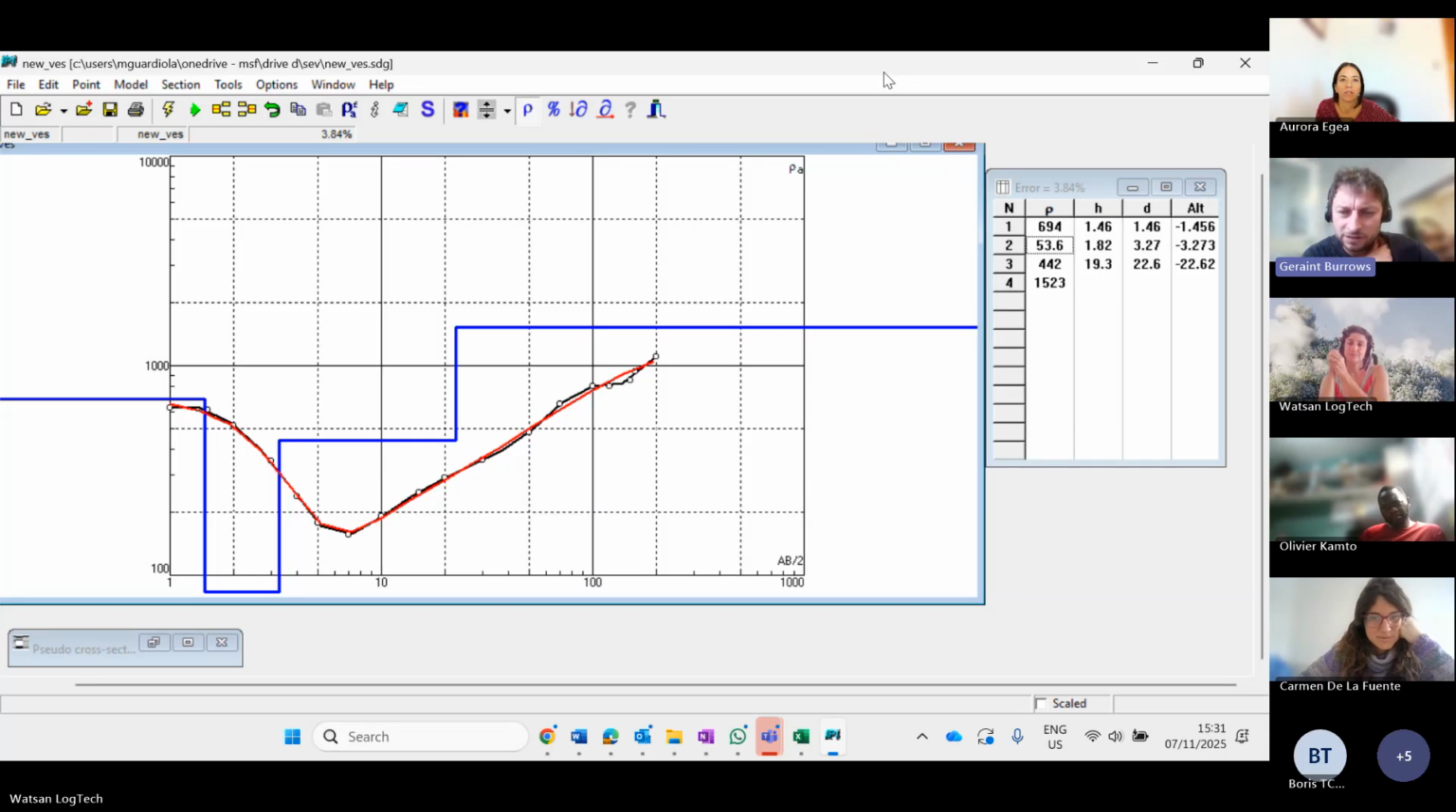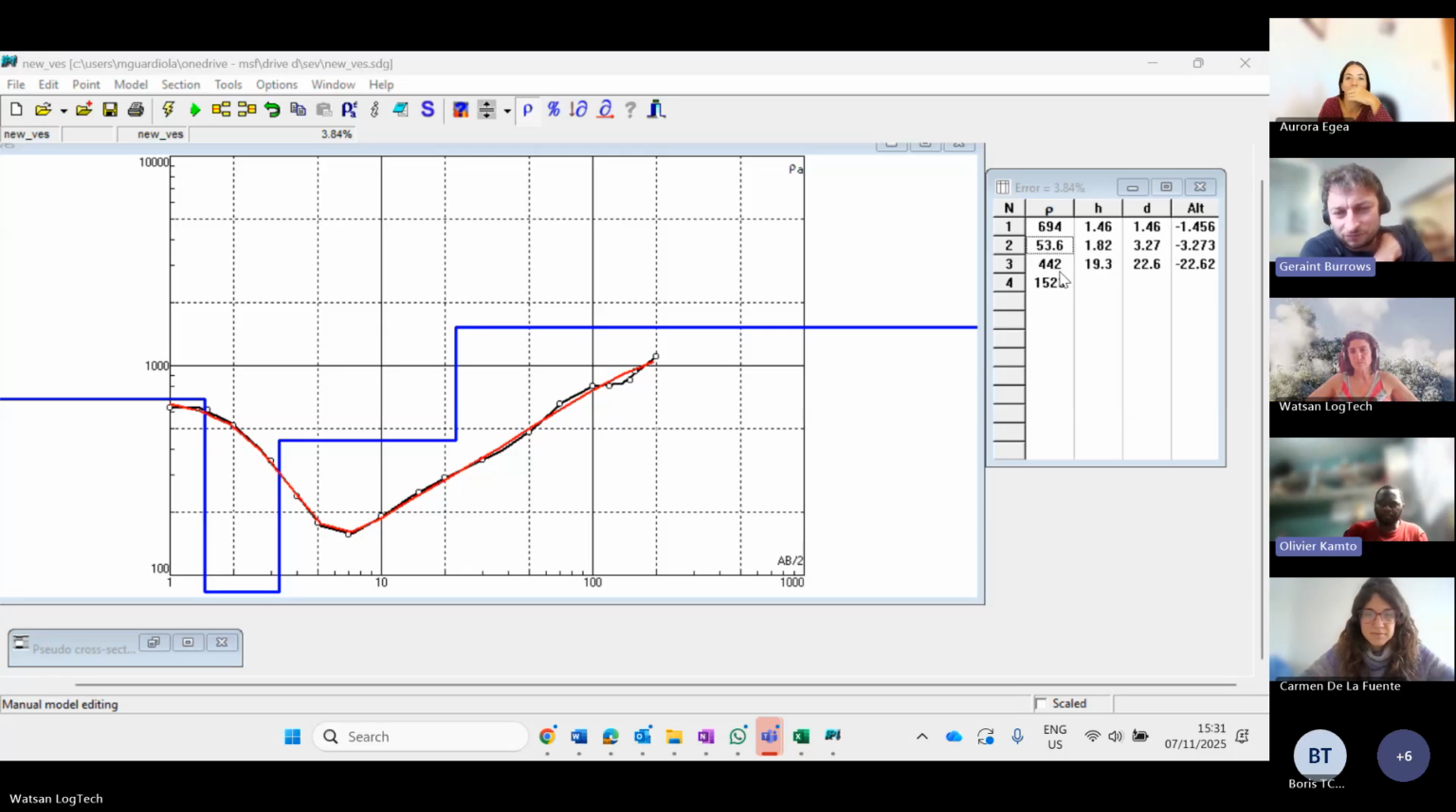And we've got 4 layers: a high resistant initial layer at about 700 ohm-meters, then a low resistivity layer of 50 ohm-meters, 2 meters thick, and then 20 meters of slightly, well, medium resistivity